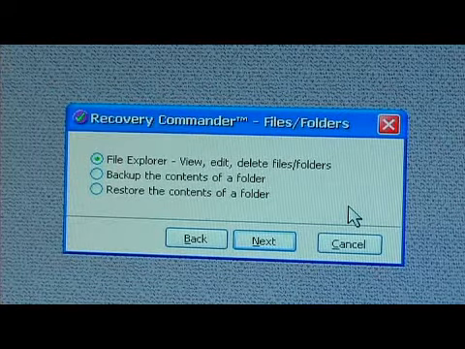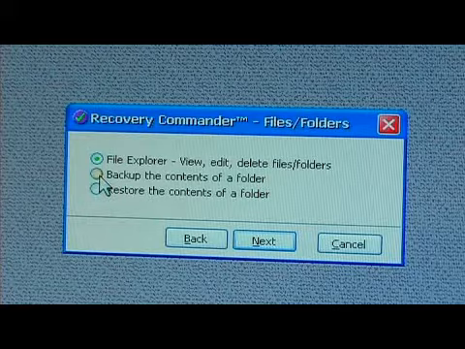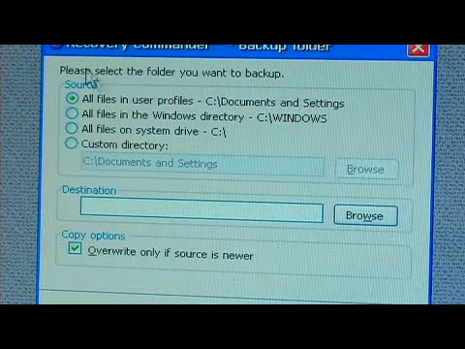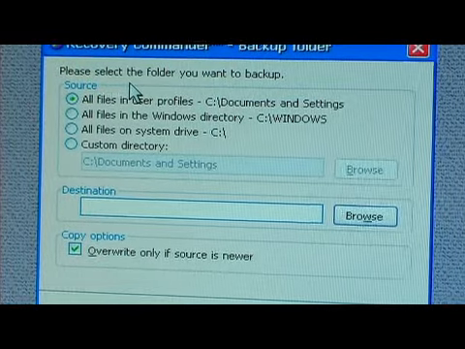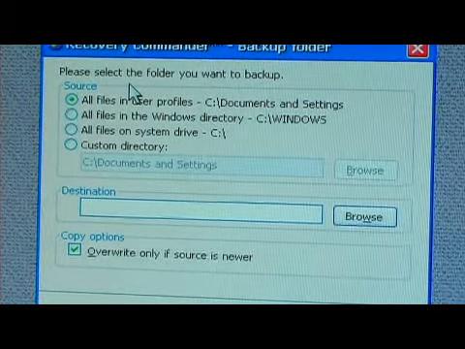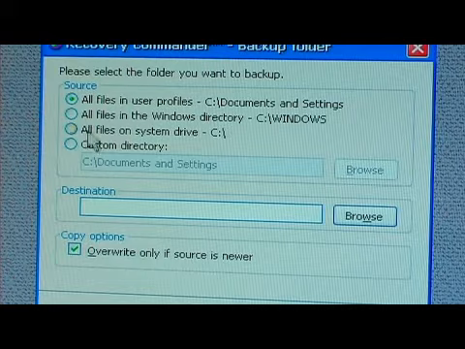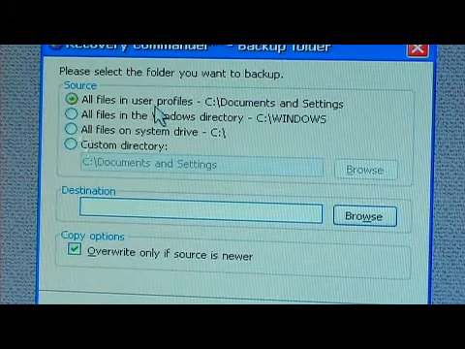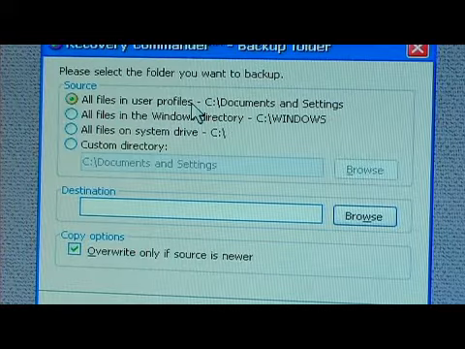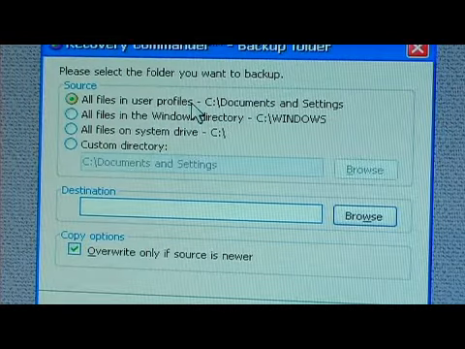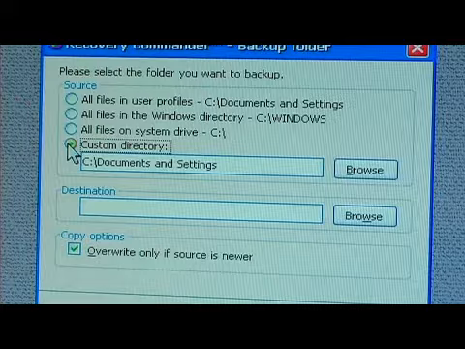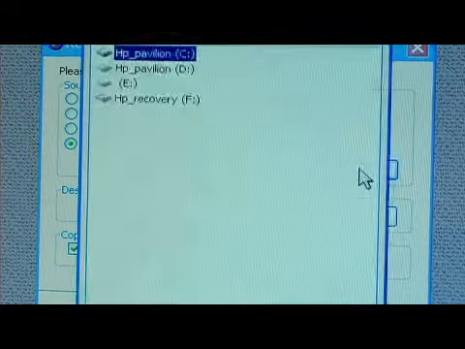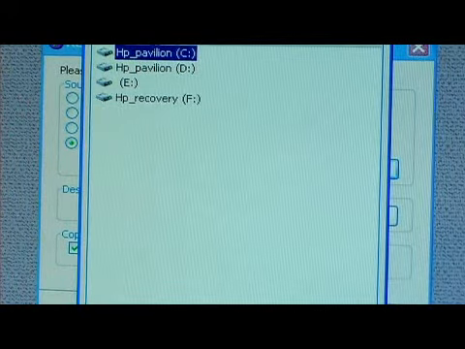So we would select, in this case, back up the contents of the folders. We could then, in our source, which is your hard drive, select wherever the source folder is that you want to copy information from, or you could even browse and select a specific folder,